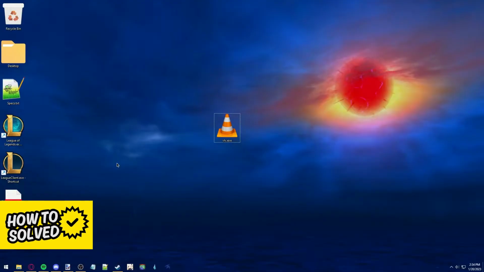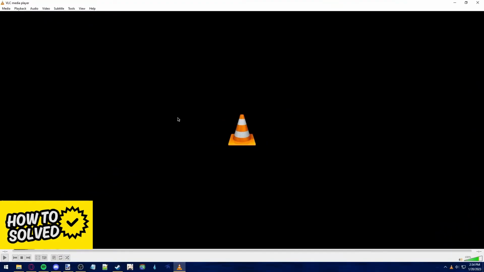Before you start following through with this video, make sure you are using the latest version of VLC so you won't encounter any mistakes or errors. So update VLC accordingly. After you ensure that VLC is properly updated, open it up and from an empty VLC